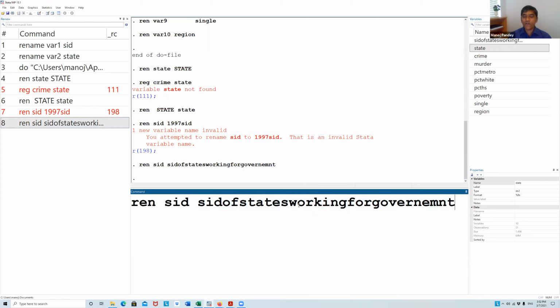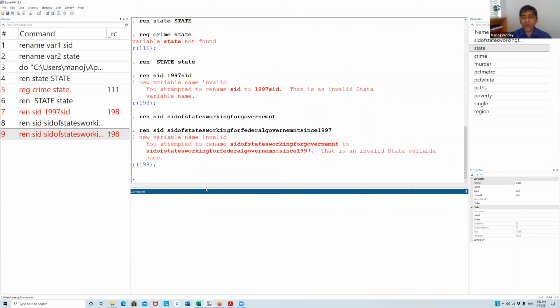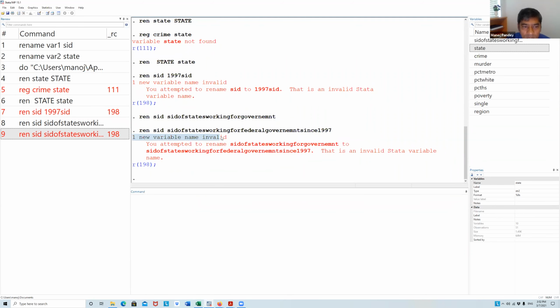But let's say SID of state working for government or federal government since 1997. Okay. What is happening now? Now it is saying that the new variable name is invalid. Why? Because you now have more characters. It should be limited to 32, but it is now more than that.